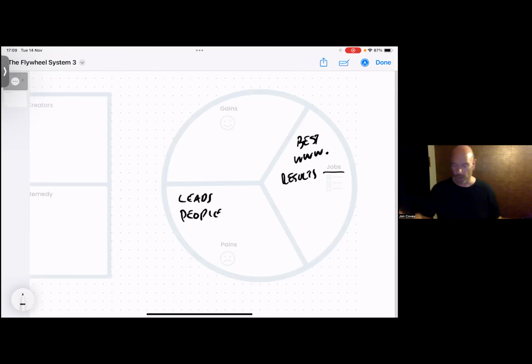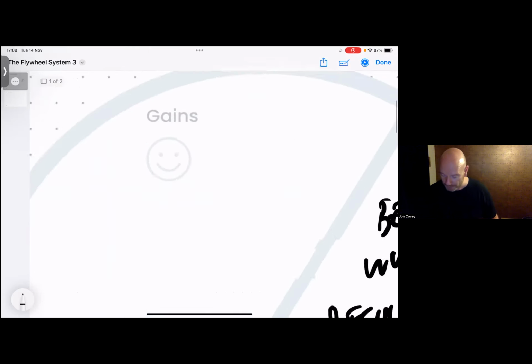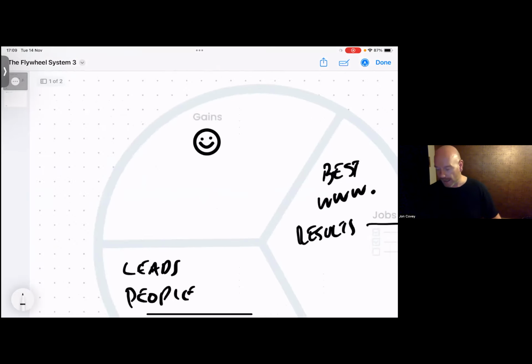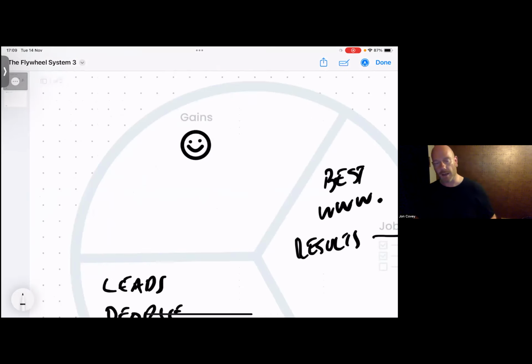However, if I do get the leads and I get the right people who can afford to pay the prices that I want, this little smiley face up here is going to illuminate. It's going to become really happy, it's going to smile, and we're going to be able to earn more money. We're going to be able to serve more people, grow our business, and probably employ people. And all the gains that come as a result of getting this right allow my business to flourish. Ultimately, that's what we're looking at: if I get the leads and the people who can pay,